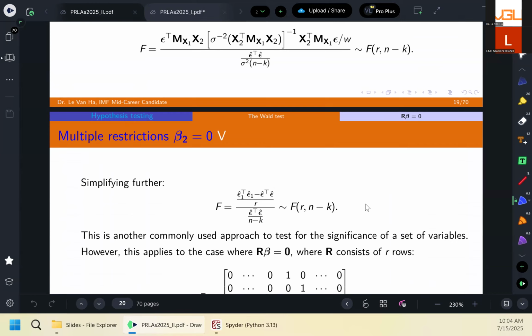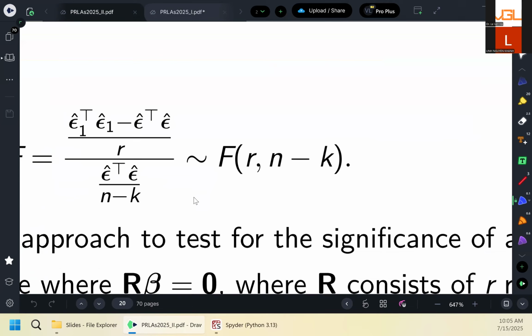Let's say the question in the examination is to compute the F statistic of testing that all of the explanatory variables except the constant term are not relevant. If that is the case, then, as I already discussed yesterday, you see that